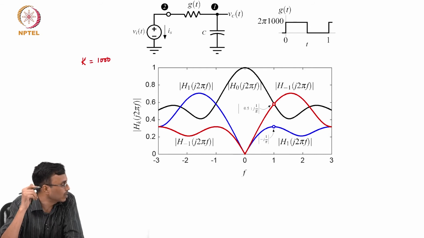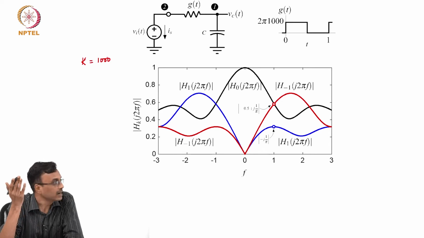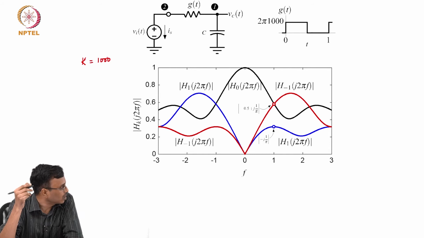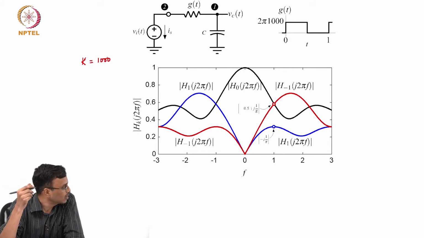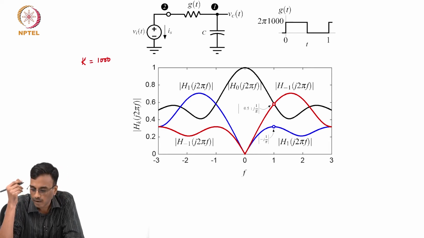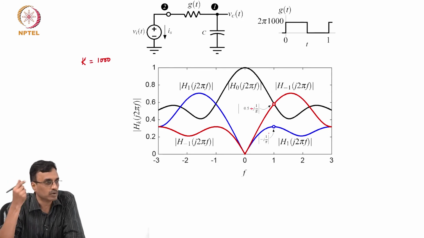Basically then you can plot the magnitude and phase of all the harmonic transfer functions, right? And this is what we get. Okay, now let's run some sanity checks and see if we can understand any of these, at least mark the special points, and then make sure that these things make absolute sense, right?